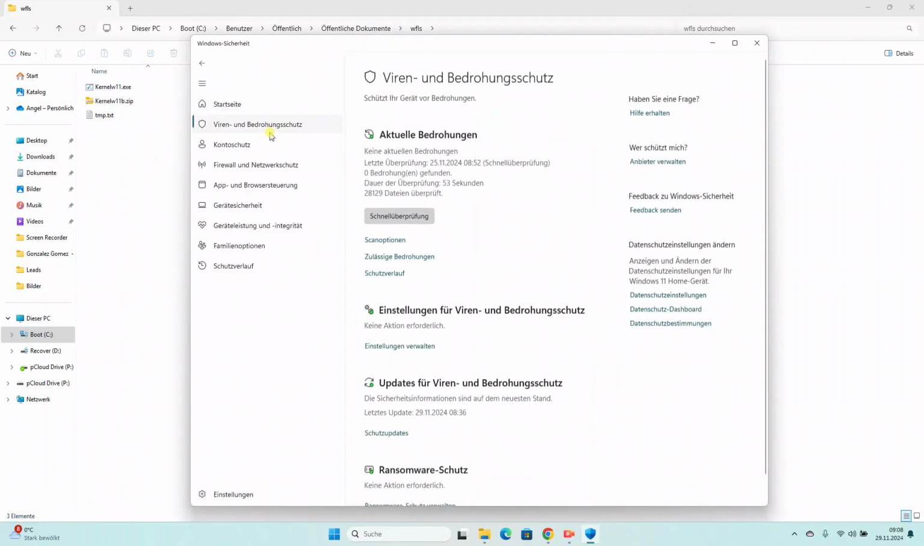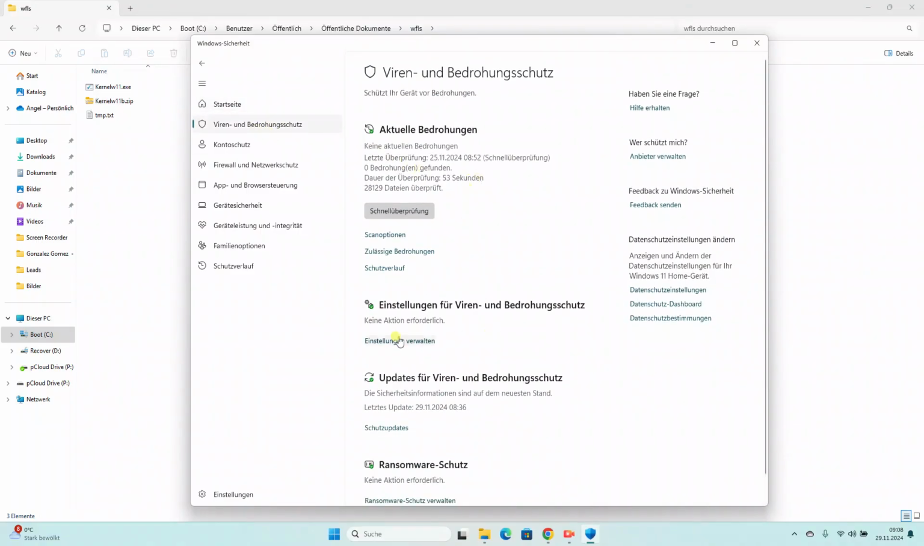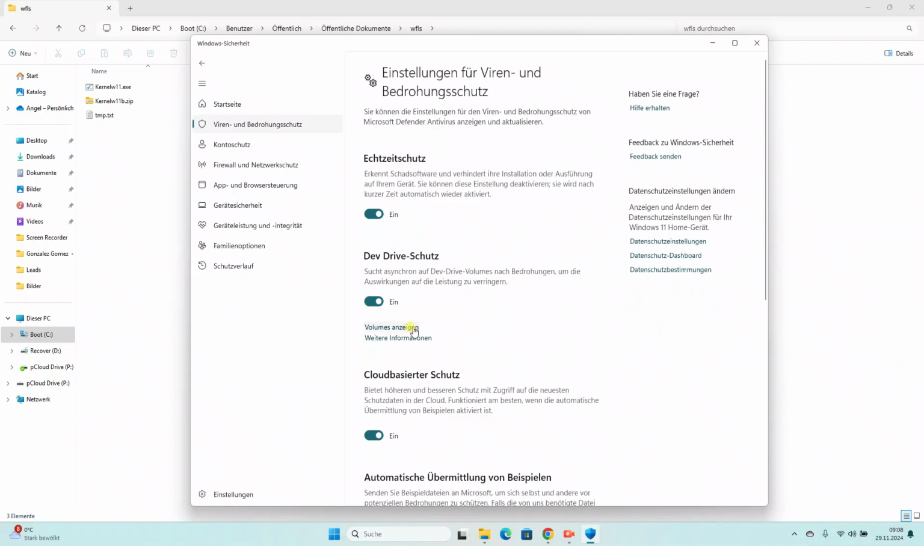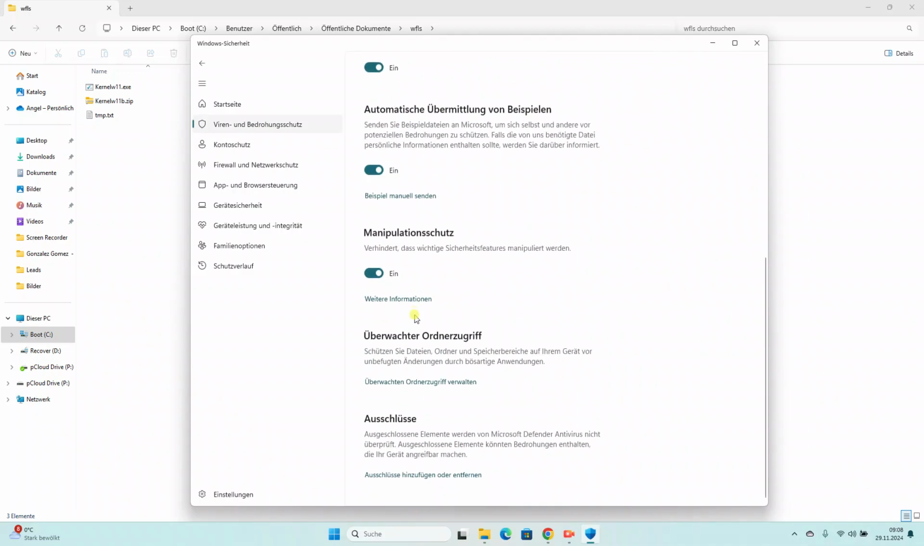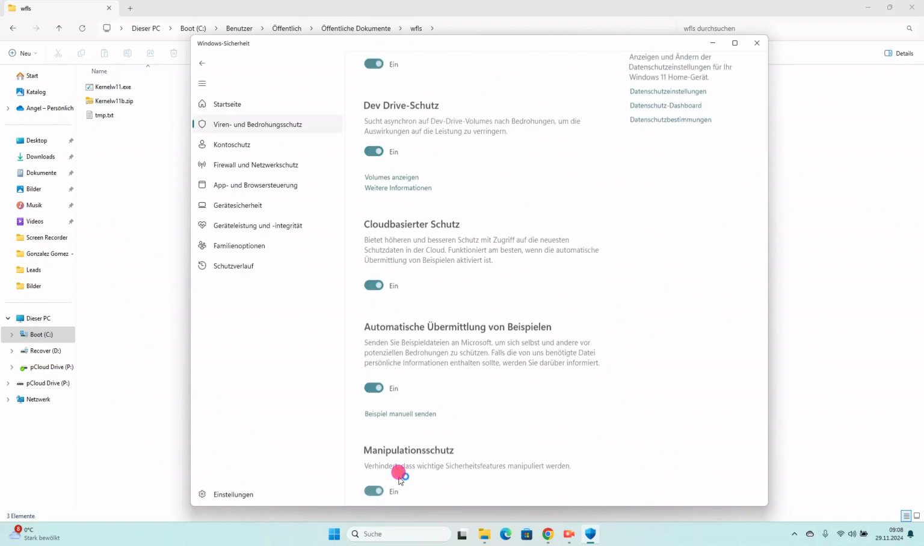Here, you go to antivirus, Virus and threat protection, go to the settings, Virus and threat protection settings, scroll down